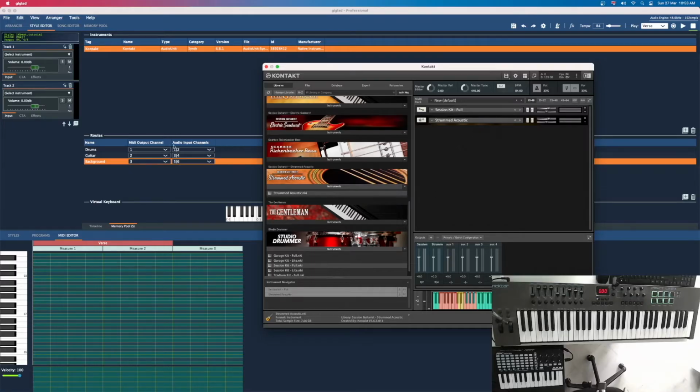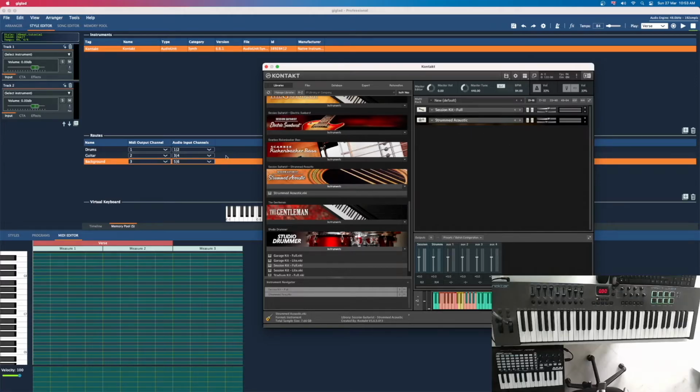So you need to understand, it's very important that giglad here does not know anything about what you are doing here. Okay, so if you do something here that does not match here, you're going to get bad behaviors, like the volume is not going to work, buttons mute solo is not going to work, it's going to be bad. So if you have behaviors that you don't understand, double check your routing, they must be the same. Okay,